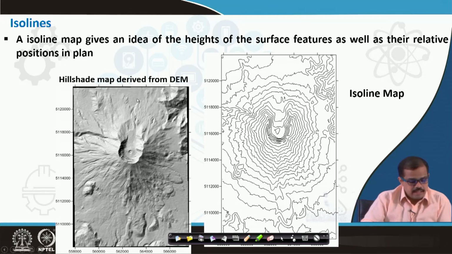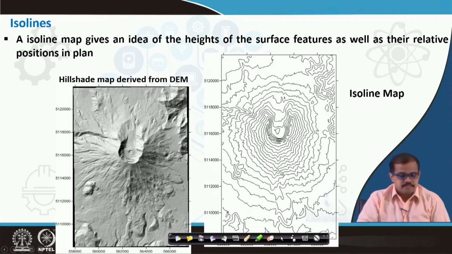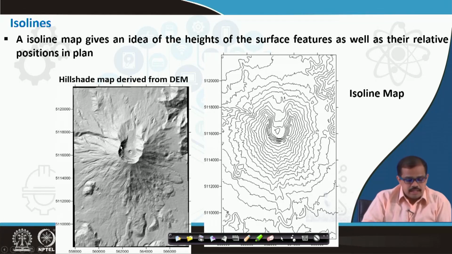When we look at this hillshade map, you can see various features on the ground that have been denoted, and when you look at the same in the isoline map, you can see where there is the highest elevation and where there is the lowest elevation. If you see, highest elevation is very close to this point here and lowest elevation is somewhere here. The same thing is represented here, the highest elevation is here whereas the lowest elevation is here, and please